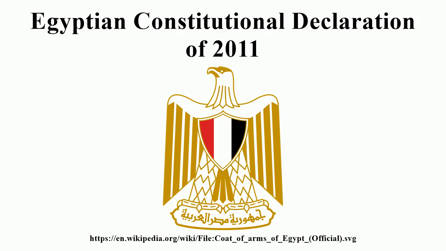It guaranteed a set of freedoms including the right to protect the private life of citizens, freedom of belief and the freedom of practicing religious rites, freedom of expression, freedom of the press and other publications, freedom of peaceful and unarmed private assembly, without the need for prior notice, universal suffrage, and the right to form civil societies, delegations and exercise of sovereignty. Executive. The executive branch is made up of the President, the Prime Minister, the Cabinet of Ministers